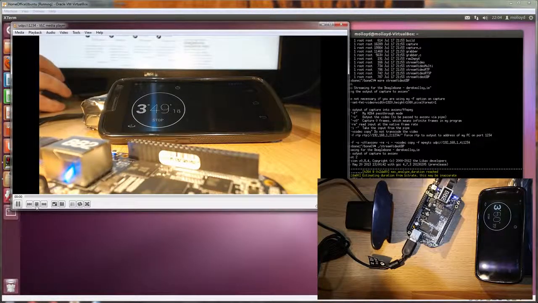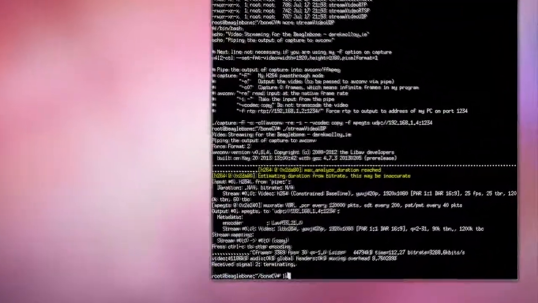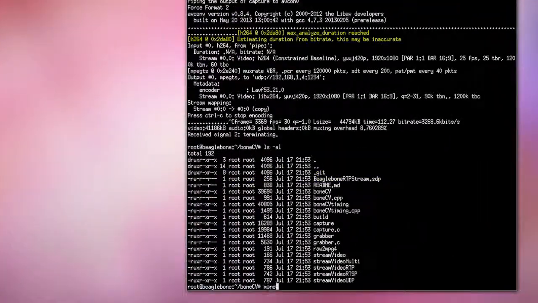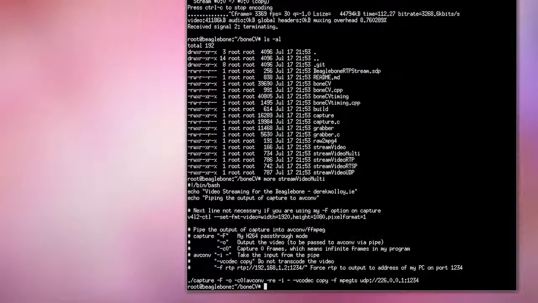The other way we can do this, I'll just hit stop, hopefully that'll work. Another way we can do this is to use multicast, and multicast is effectively, you have to find the multicast address for your network, and you can see that on my network I'm using UDP, and I'm saying that again with my UDP it's within a MPEG transport stream. I'm using UDP